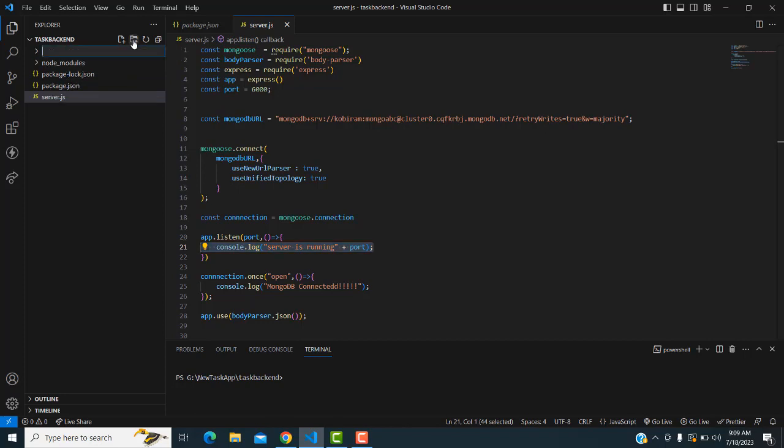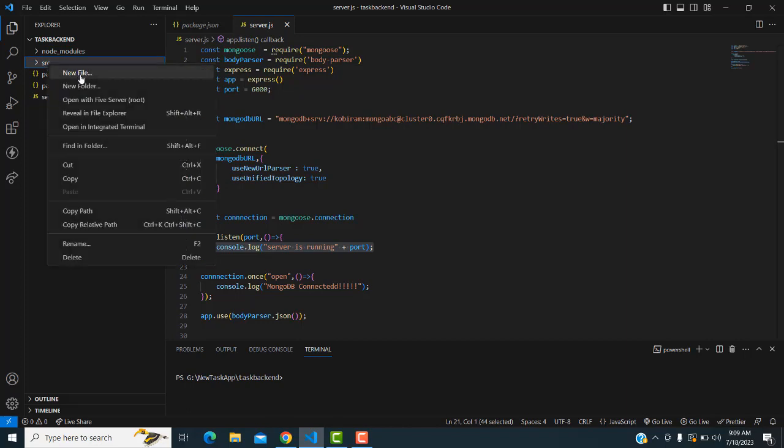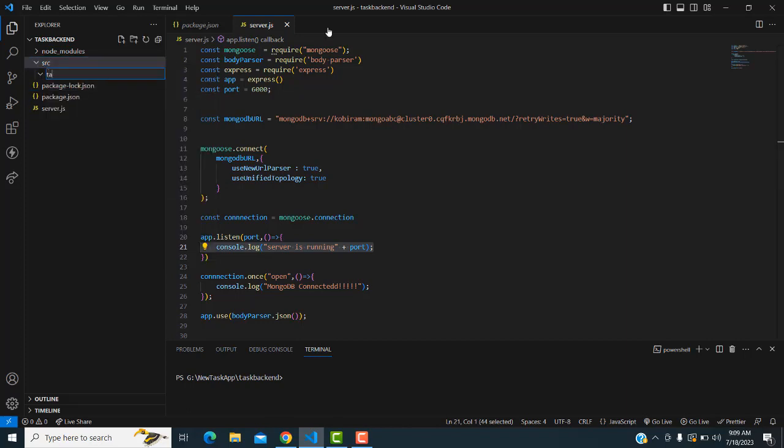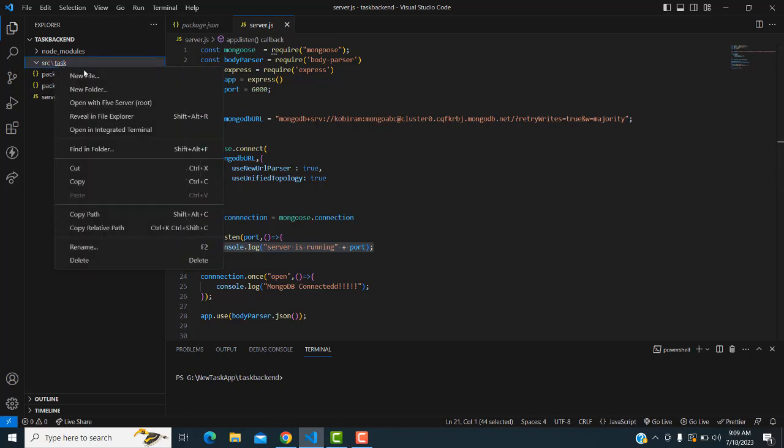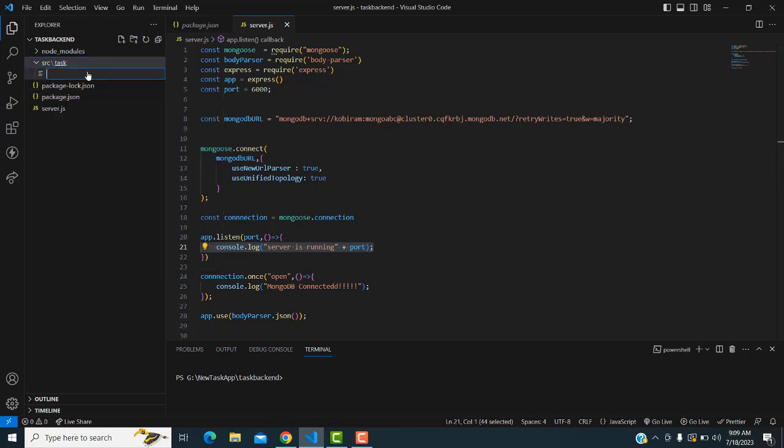So here click on the new folder. I'm going to select src. Inside the src I'm going to create a new folder which is task, right? Here I'm going to create the models. So right click, new file. Here write task